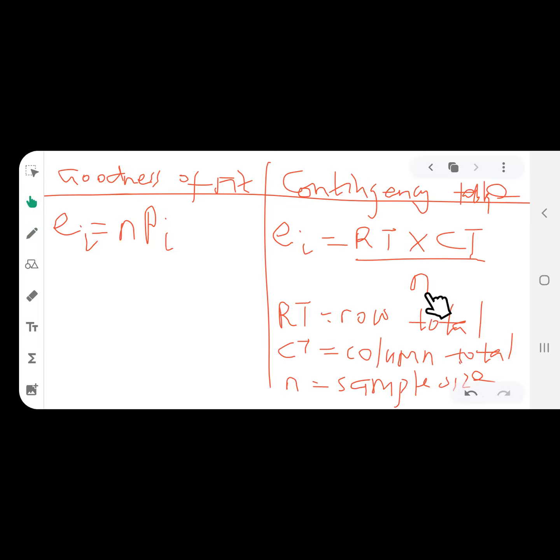That is what you have to know. Do I make sense? And you can also write Eij, the expected value for a particular